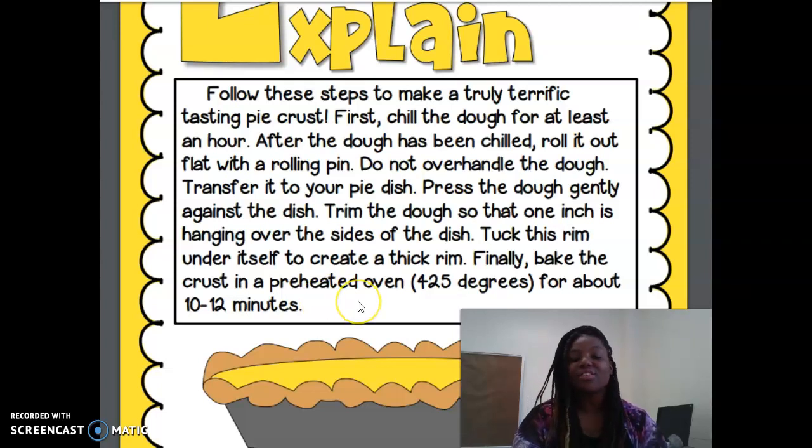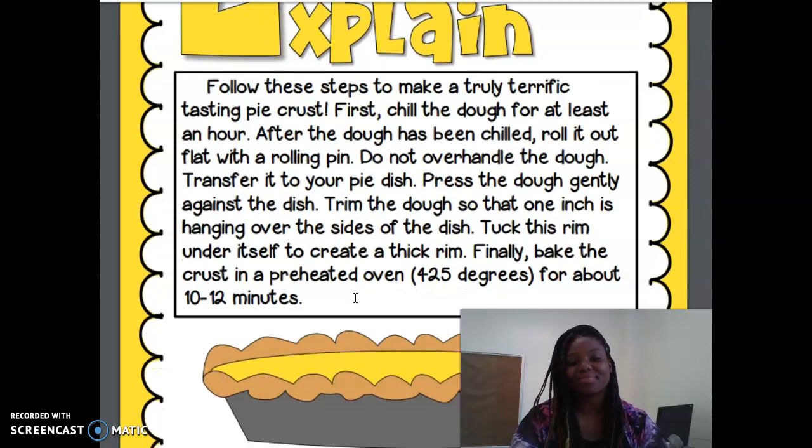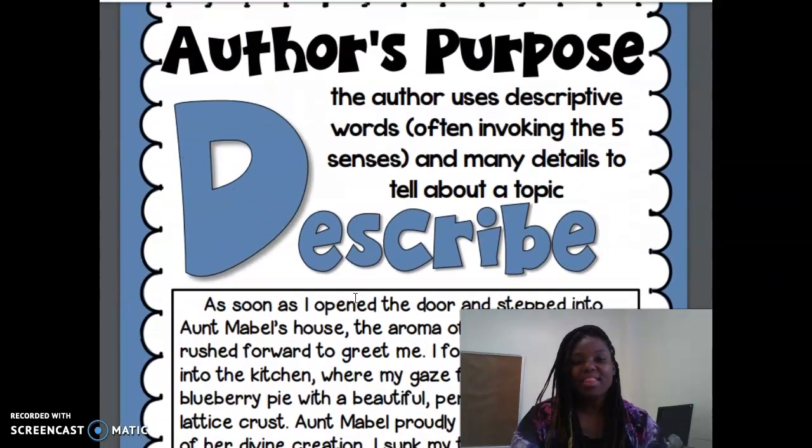So it's giving us directions on how to create what they call a truly terrific tasting pie crust. The next author's purpose is to describe. The author uses descriptive words